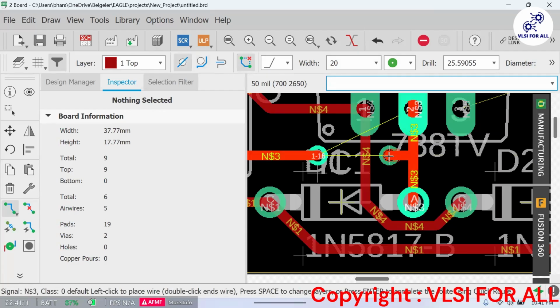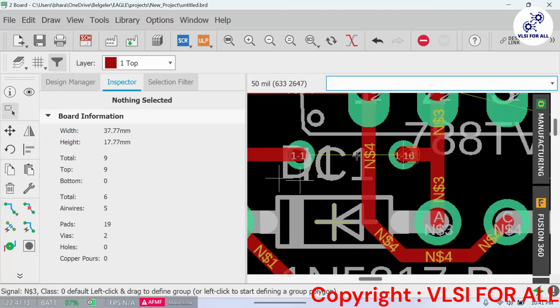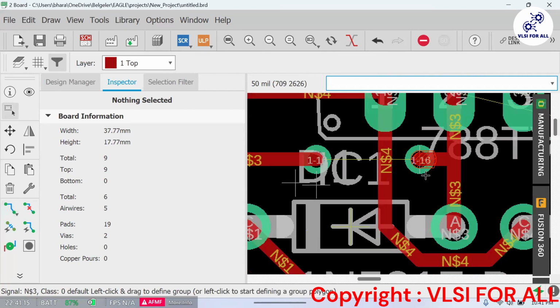I will connect it here for now. So what will happen when it gets fabricated? We will put a simple thin wire between this point and this point, because these routings will be on the back side and the components will be on the front side of the PCB. We'll just put a simple thin pin or a small wire and solder it. It will automatically get shorted.